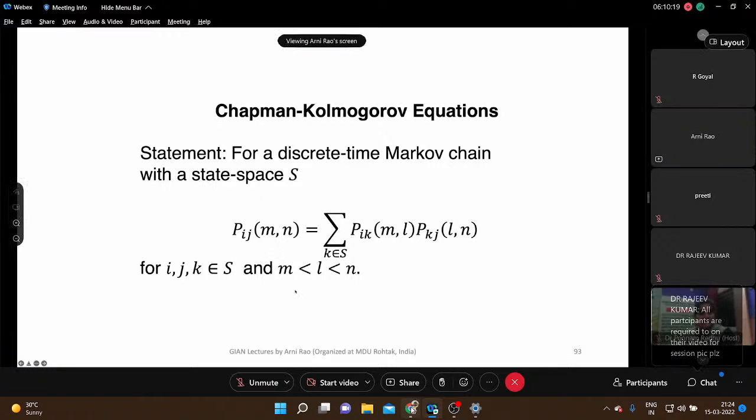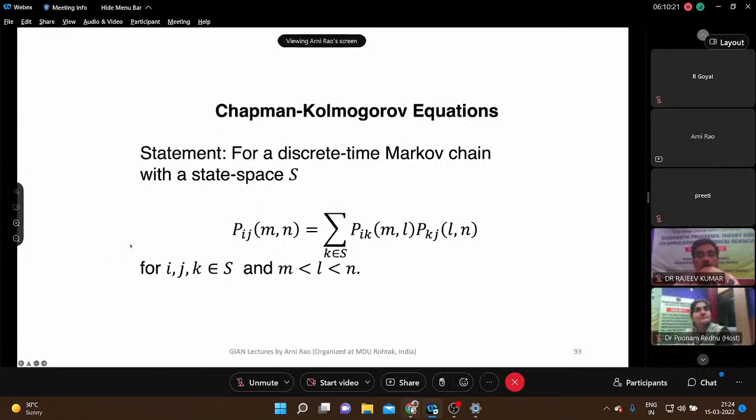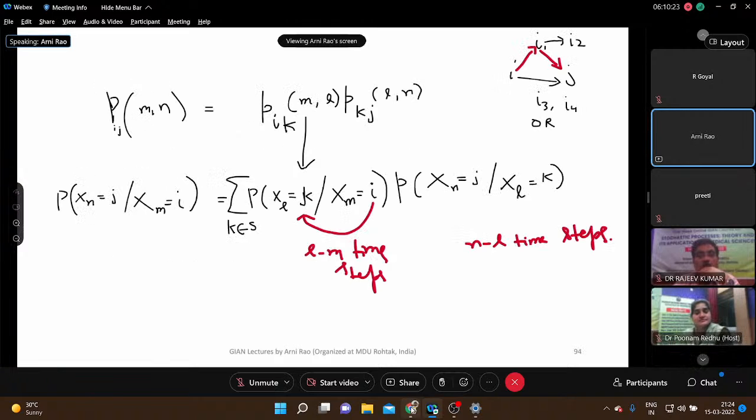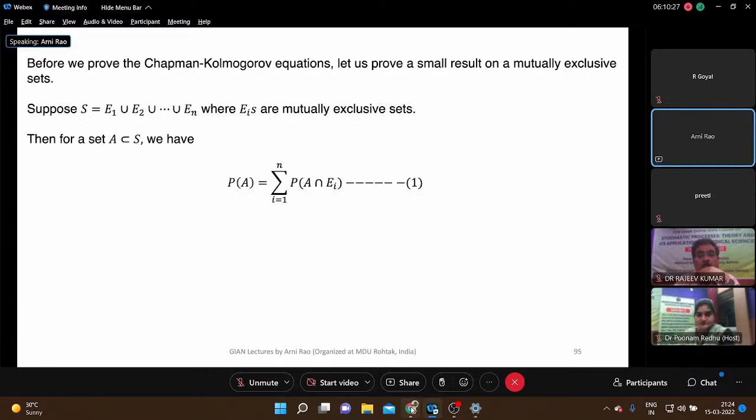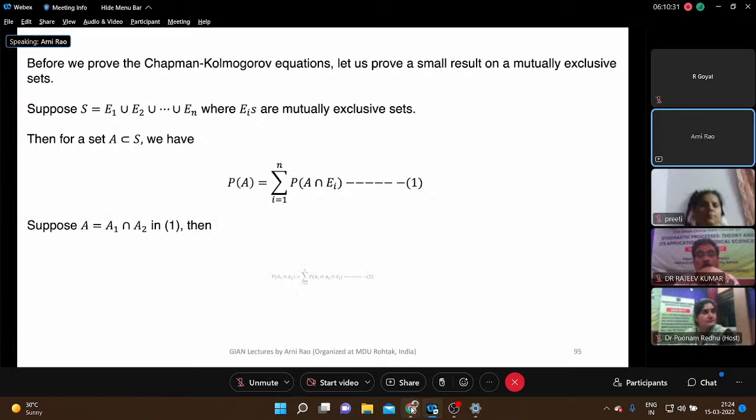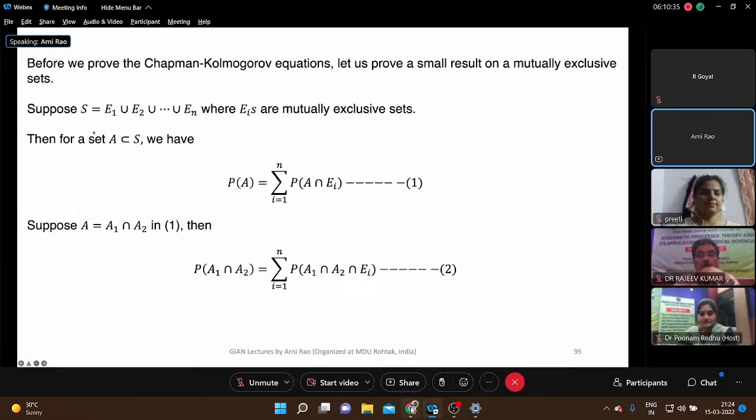So that's what we just saw in this thing I just drew. The small result, before you see that, we all know that once you understand this particular relation, that means the states, suppose we divide a space S equal to E1 union En, which are mutually exclusive. Suppose A and B, you take a